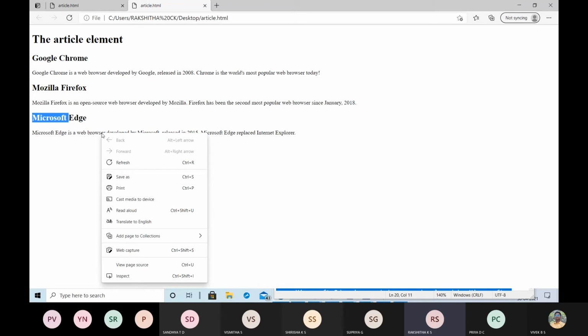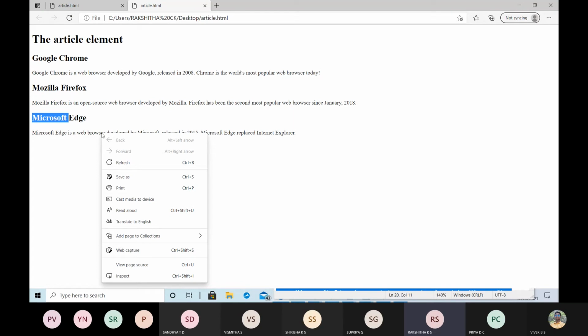So this is all about the articles followed by the sections. Usually the section element represents a section of a document, but the article element represents a self-contained composition.